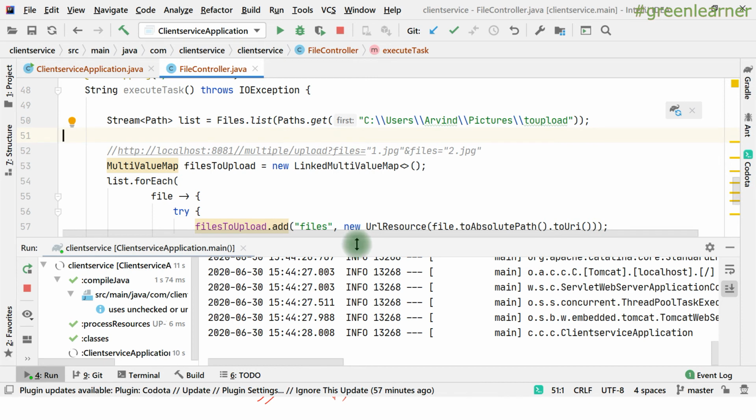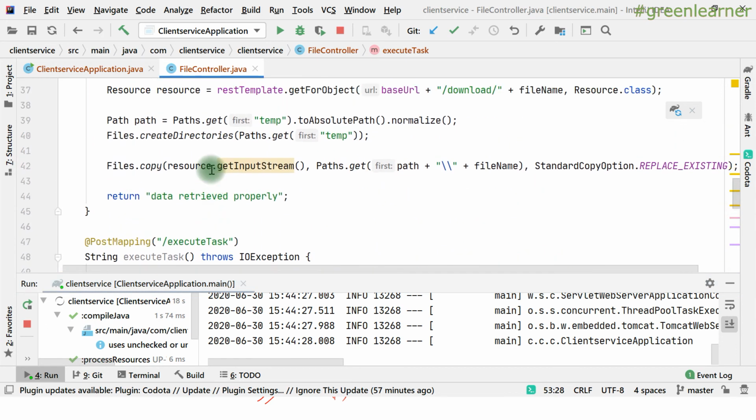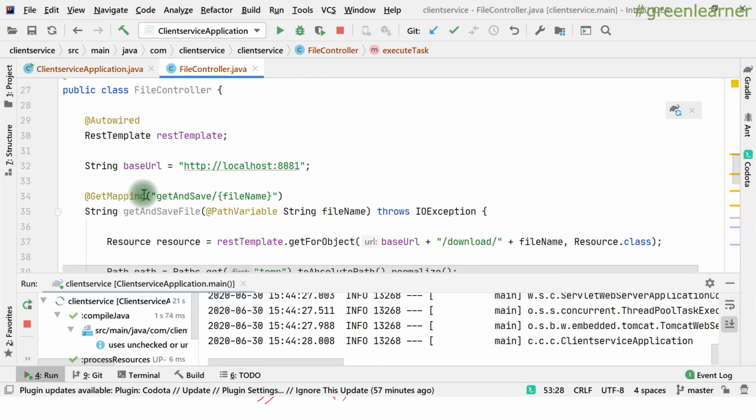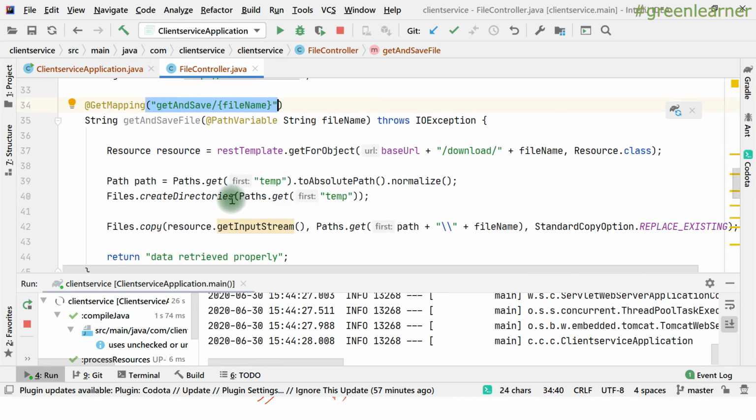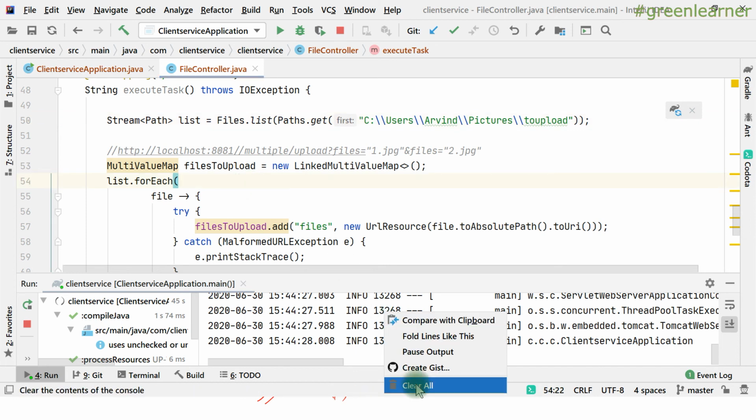So the main purpose is how you can call the third party service which is taking a file as input, and how we can respond with the file and read that input, right? In the first endpoint we got the response as a file from the third party, read that and stored that into a local location. And in the current endpoint, we are uploading the files at a particular location to a third party. So pushing the files as well as getting the files, both use cases are main. How you want to configure it depends on you, right? So the service is running now.